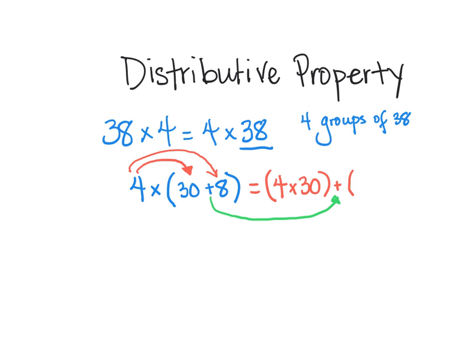And then I have 4 times 8. So 4 times 30 is 120 plus 4 times 8, which equals 32, which equals